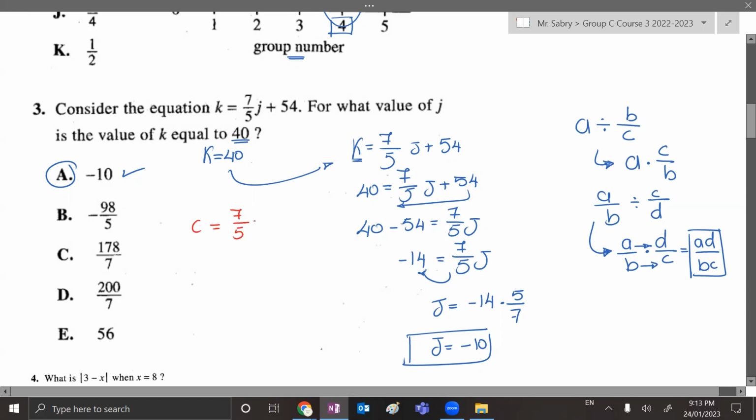7/5 J plus K وأنا I need to find J in terms of everything else. يعني عايز ال J في ناحية لوحدها. So لازم أعرف إن أنا هموف ال K الناحية التانية الأول بالماينس تبقى C minus K equals to 7/5 times J وبعدين اموف ال 7/5 الناحية التانية بالديفيجن فتبقى C minus K كلها على بعضها كده divided by 7/5 كل